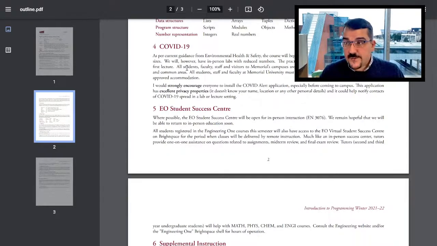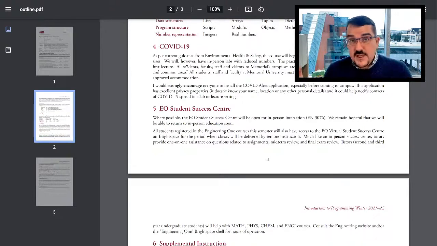The COVID Alert app, so I'm a privacy and security researcher, and I'm quite cynical about privacy and security things. So hear me when I say that the COVID Alert app has the best privacy properties of basically any app on my phone. That's pretty good. I'm very privacy conscious, but the COVID Alert app is fantastic. It doesn't even know my name. It doesn't know where I am. It doesn't know anything. All we have are these random codes that are being auto-generated,